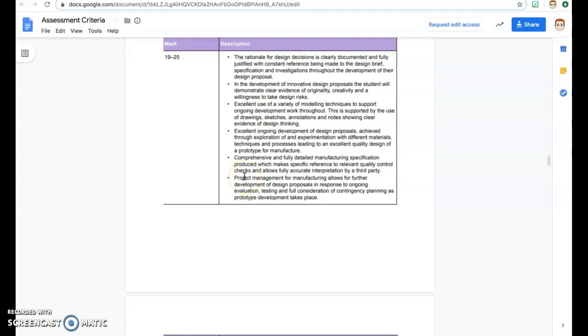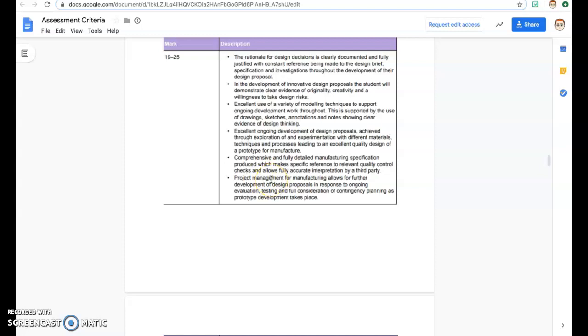One of the key components of this major project, which is different from a GCSE project, for example, is that you are essentially the project manager for your own project. So you need to put a comprehensive document together in the form of a production plan. This can be in chart format or table format,